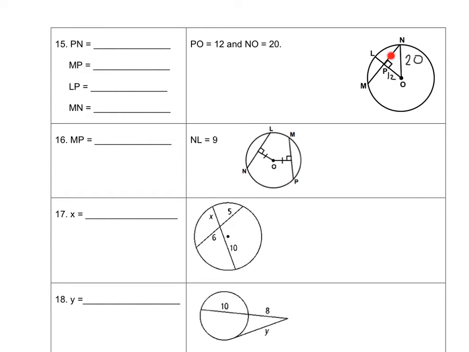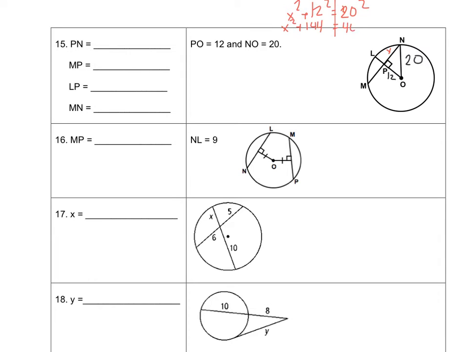Okay, first thing it's asking for is PN. Well, PN is right here. If you look right at your triangle, you have an A squared plus B squared equals C squared. So you have a mini right triangle in here. So you're looking for this length right there, X. So we're going to do X squared plus 12 squared equals 20 squared. So you have X squared plus 144